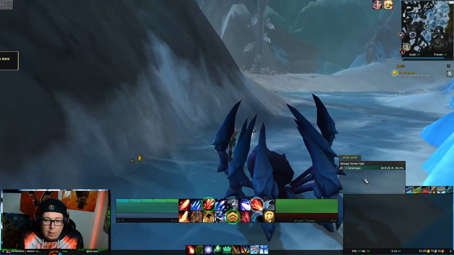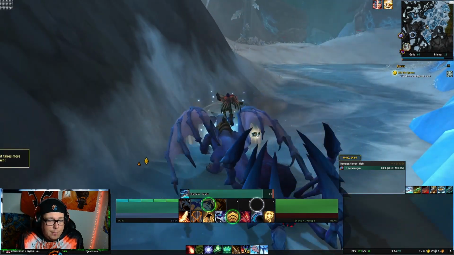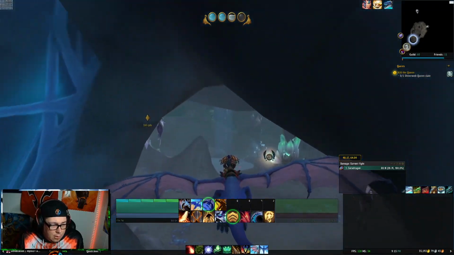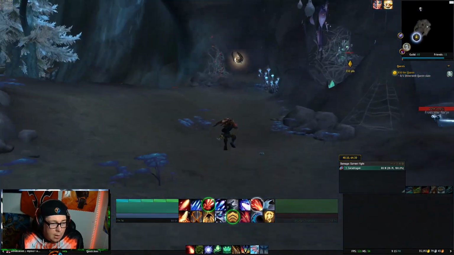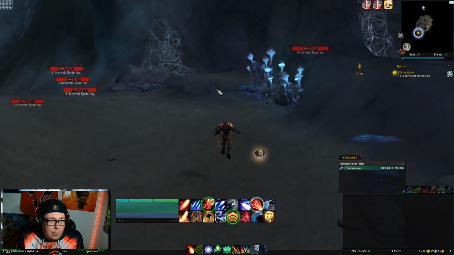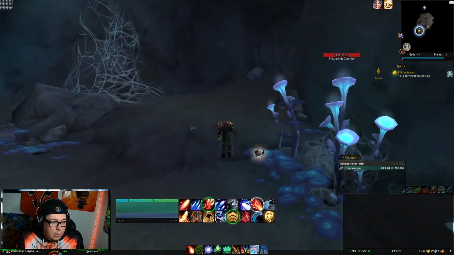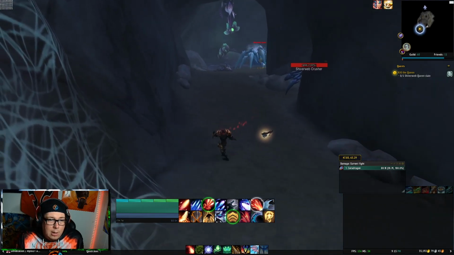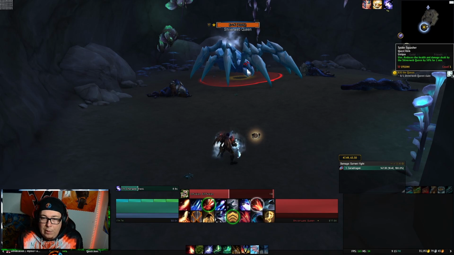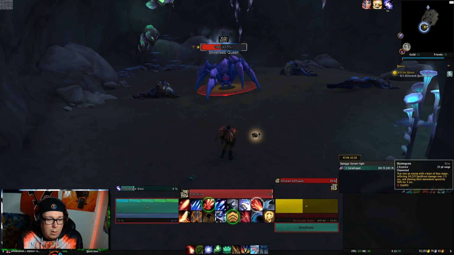So Kill the Queen is going to have us travel this way. And apparently you cannot fly in there. But we just make our way up here and kill the queen. Alright, once at the queen, we're going to use our bonus item, the Spider Squasher, to